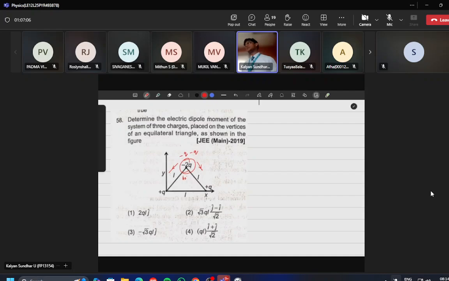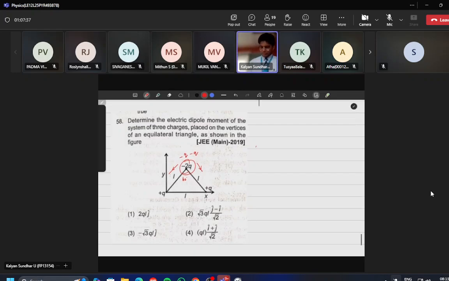Yes, sir. Third option is correct. Third option. So two dipole moments have been there. So two dipoles will be in this direction, right? Making an angle of